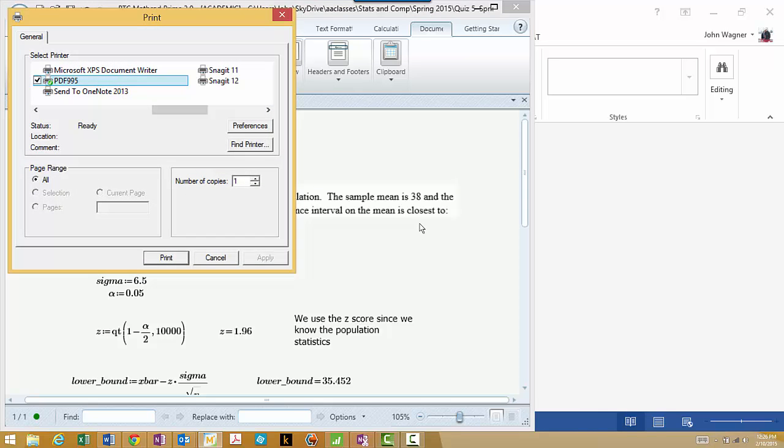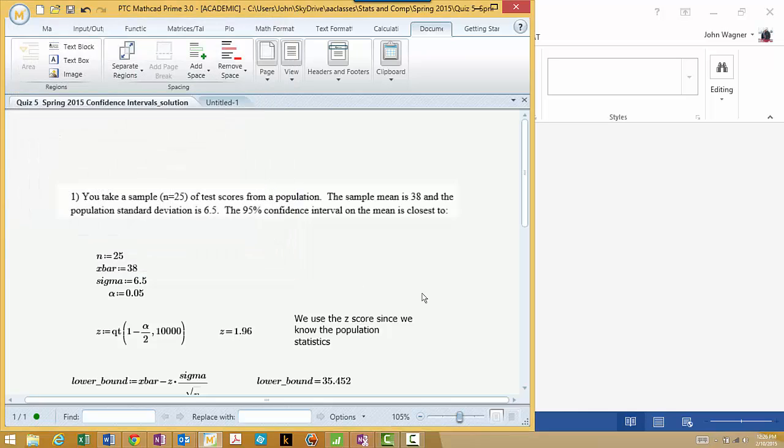or Control P, this works with web pages also, you can just find there should be a printer on here set to send to OneNote. And so you would just send to OneNote and you say print. And you can select what range and all. You would print it,